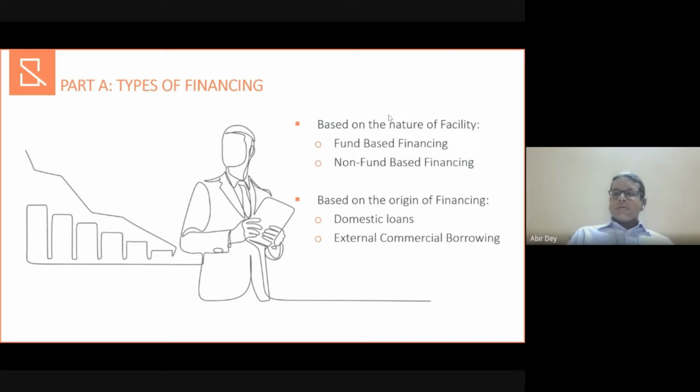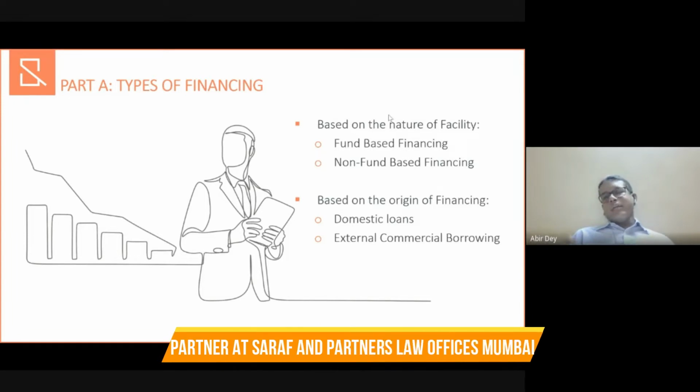Within India, suppose you go to SBI or IDBI and take a loan as a borrower. That is domestic funding. Basically, there is one resident Indian taking a loan from another resident bank or non-banking financial institution. There is another type of financing which is called external commercial borrowing, or funds coming from outside India. There are banks outside India that also give loans for certain purposes, or there is some requirement the borrower would have in India, and if they meet certain regulatory compliances,